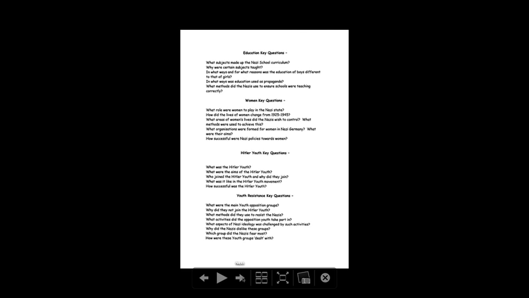This unit is made up of the students studying all these different separate areas of life in Nazi Germany: education, women, the Hitler Youth, and youth resistance. By the end of the unit, the students should be an expert on the unit that they are responsible for, but also by listening to the learning and the presentations of the other groups, they should be experts on the other areas as well. Now, of course, the problem is that we have the concern that they're only going to be specialised in the area that they actually presented on. So the whole booklet needs to be completed by all the students in order to ensure that they know the full breadth of the course.